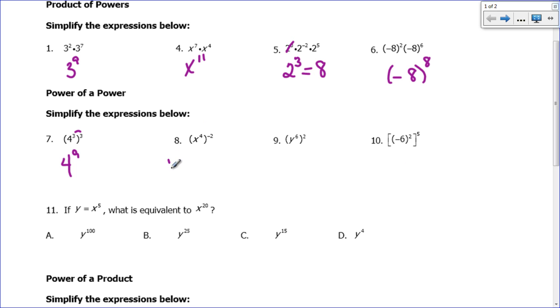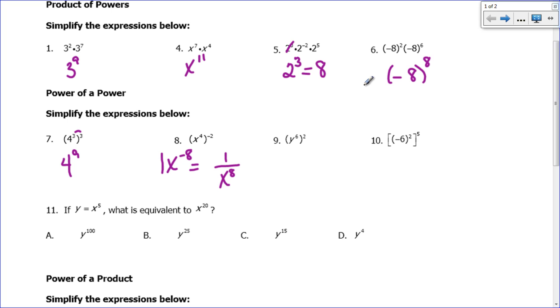This one becomes x to the -8 power, and like we learned with our integer exponents, we can't leave this as a negative. We have to drop this to the bottom of a fraction, so the x to the 8th comes down here to become positive, and the 1 stays on top because